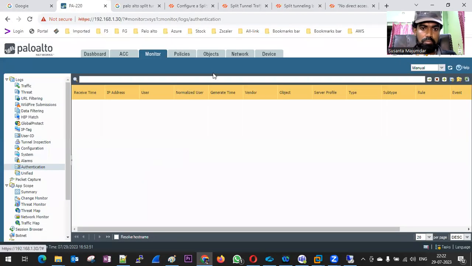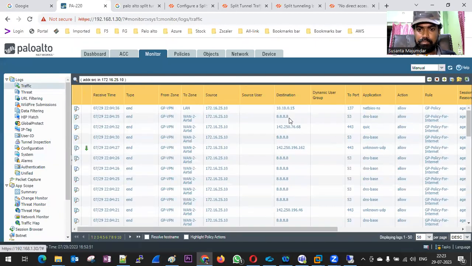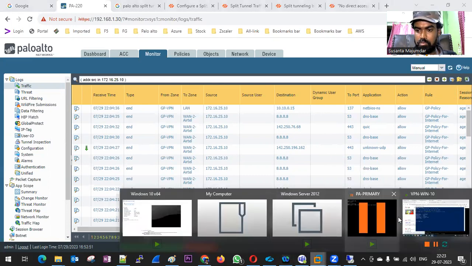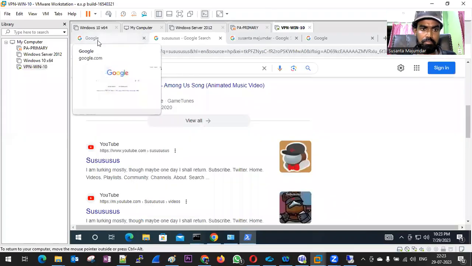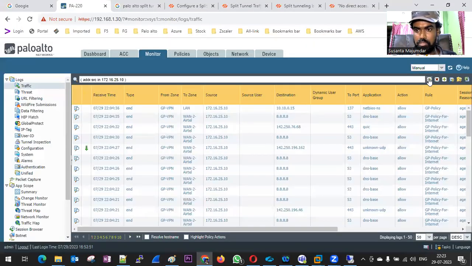See, now I have to do one more thing, still it is using the same policy। if you go to the monitor, if I'm using, you can see, oh sorry, traffic, still it is going via internet। see, it is going via internet, global policy internet, click it, you can see, right, one more time, FAC, Facebook, you can see now, just check the logs, you can see there is a public IP, you can see